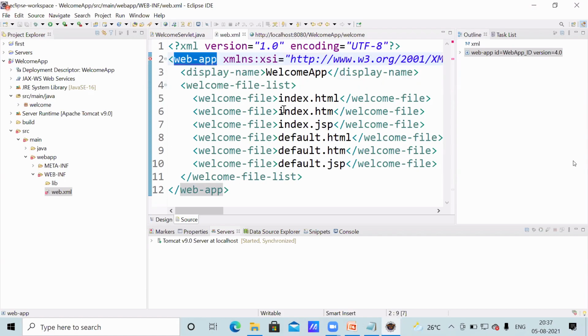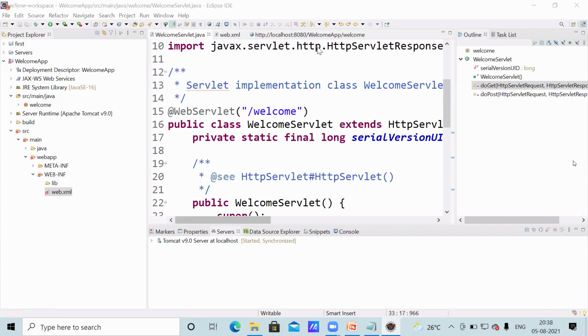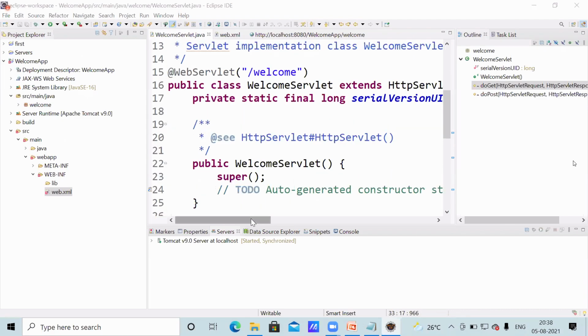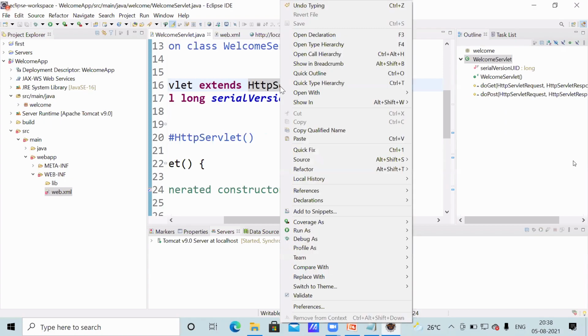Multiple annotations found, that is a problem. Now here, suppose I explain the welcome servlet. Actually the Tomcat server calls the service method. The service method calls the non-lifecycle service method. The non-lifecycle service method calls the doGet method. That information also we can see. Just click HttpServlet, right click on it, open declaration.